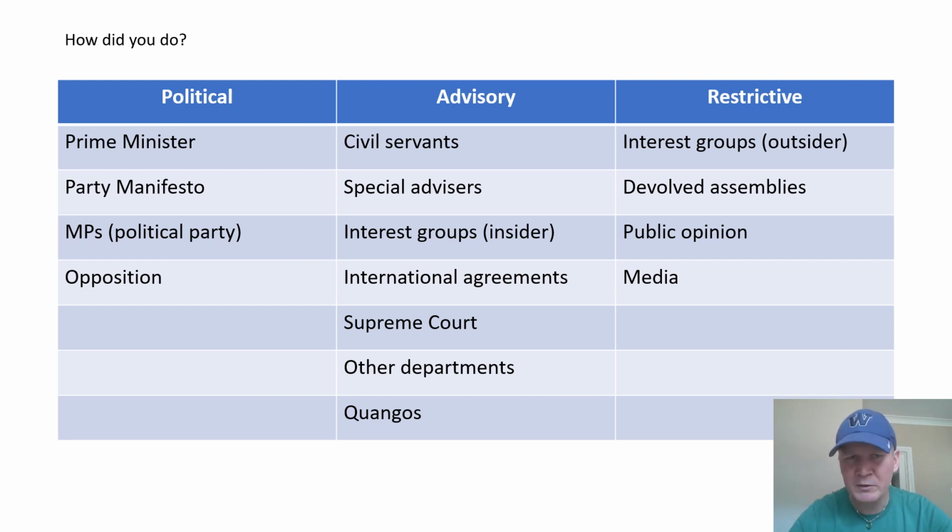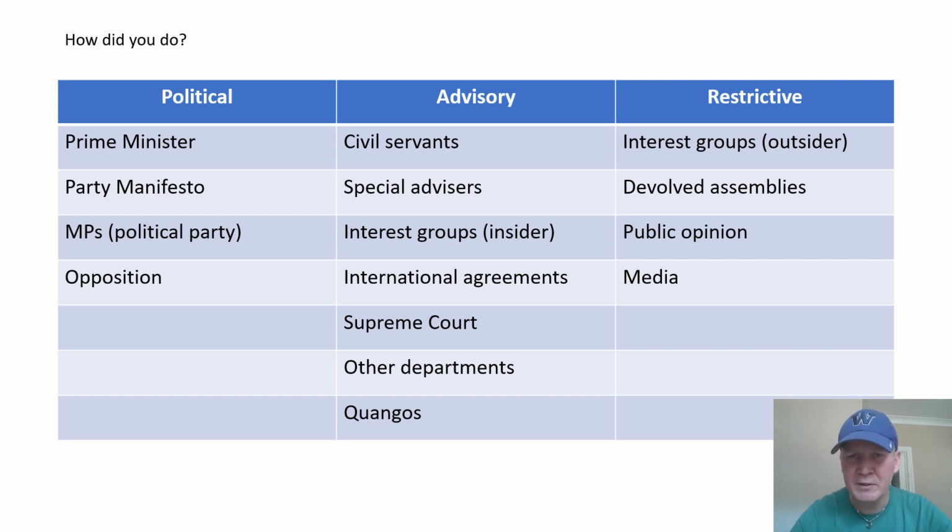Could be the Prime Minister setting the agenda for the country. Could be the party's manifesto, the mandate they came in on, the policies they intended to bring forward. Could be the MPs in their political parties. Consider, for example, an MP in a marginal constituency. They may be concerned about particular policies coming through, such as the Heathrow runway or HS2, and how that would impact upon their capacity to get re-elected. And think about the opposition. That could be through select committees. They may be challenging the policy there, and the ministers have to be ready for that.